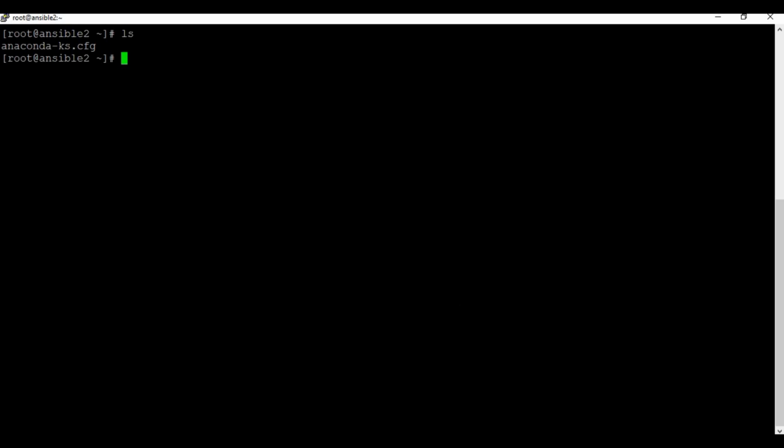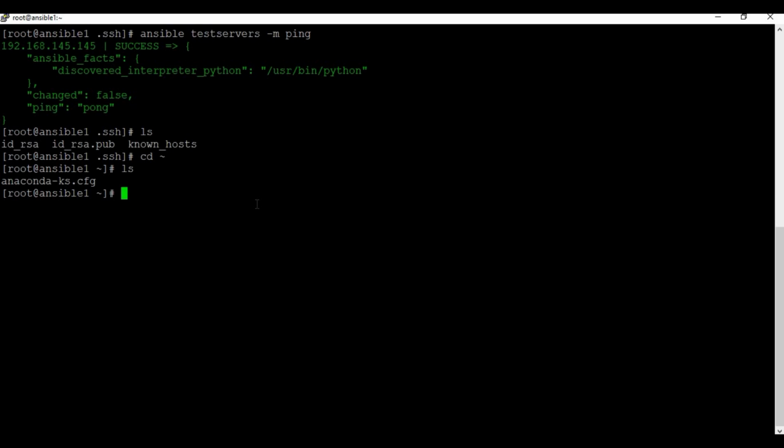Now let's see how, from Ansible 1, I'm going to run some command using Ansible, and let's see what changes it will make on the Ansible 2 machine. The command is going to be ansible, and the parameter is test servers, under which we have mentioned the IP address of Ansible 2. The module we have to call is called file, and the argument is going to be the test path, which I'm going to give as root